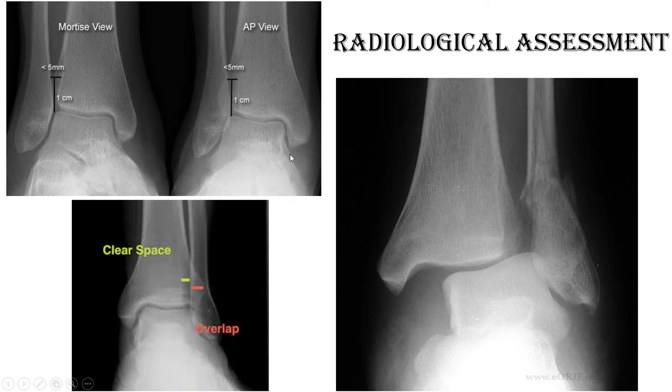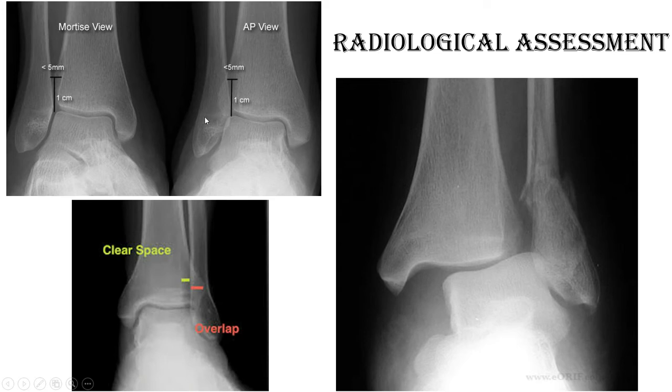The ankle mortise is a bony block created by the special anatomy of the distal part of the tibia and the distal part of the fibula. This is called the medial malleolus, this is called the lateral malleolus, and this is the syndesmotic joint. Within the medial malleolus and lateral malleolus there is a bony socket, where the dome of the body of the talus will snugly fit, and the distance of this articular joint space will be the same from both the lateral and medial aspects.